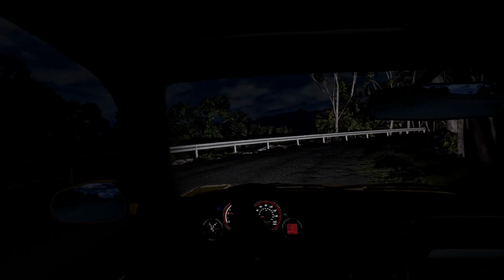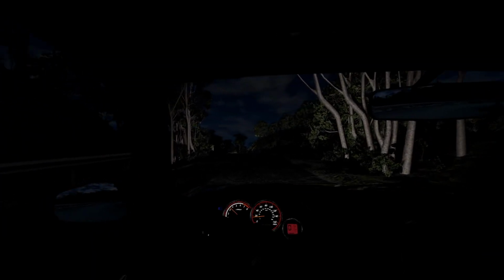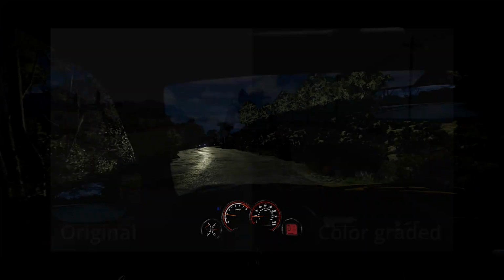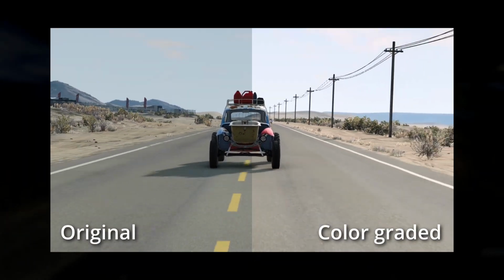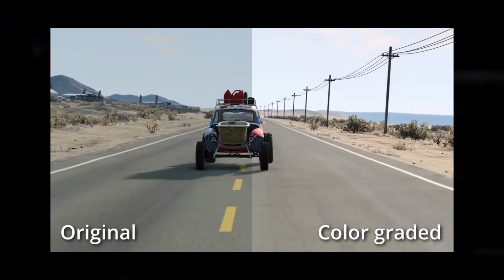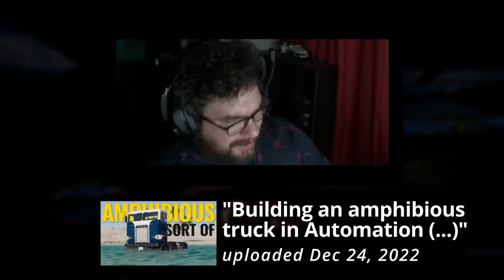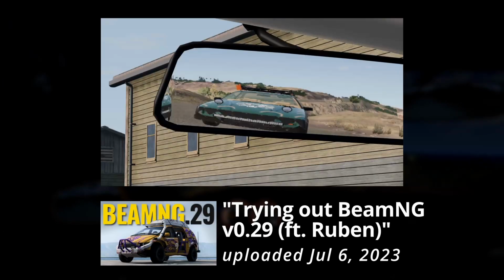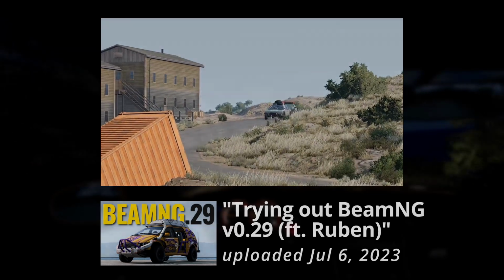I've also switched to that focus on production value I mentioned, as well as learning some new editing tricks. I even did a lazy color grade on one shot in the Beam 0.29 video because I had to turn off light rays and it muted the colors a little bit. I've started doing collaborations too, one with Filmin and a couple mini collabs with Ruben. And I'll let you in on something, one of the videos I'm working on right now involves quite a lot